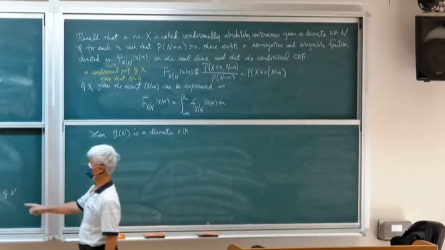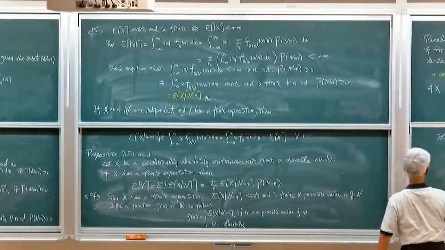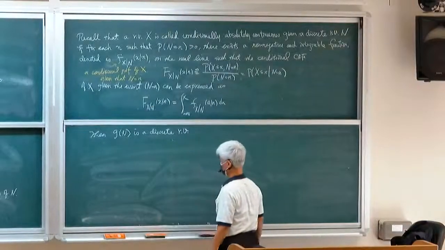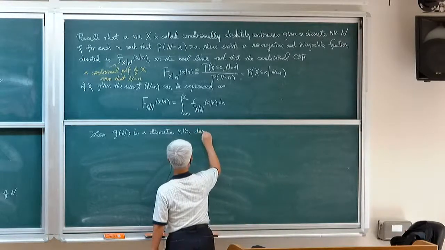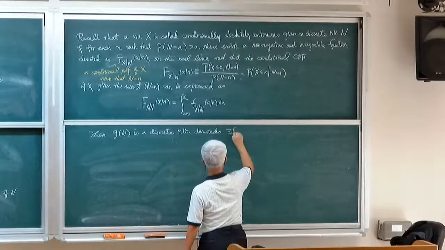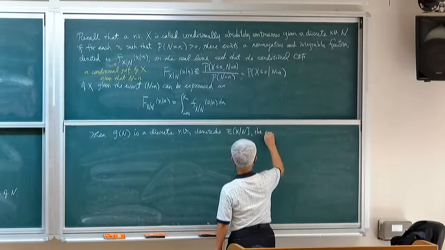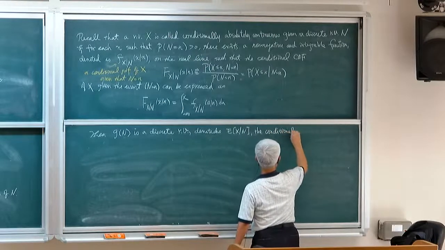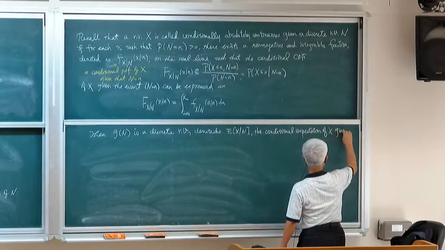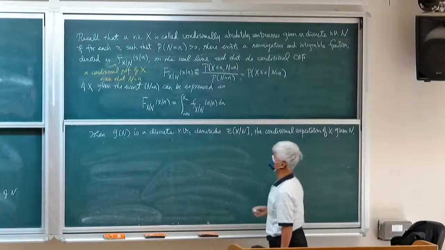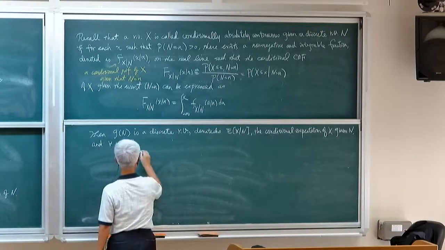When we composite, we use g as the data processing function to process capital N, and then we have a discrete random variable, which will be denoted as the conditional expectation of X given N. And for all omega in the sample space, G